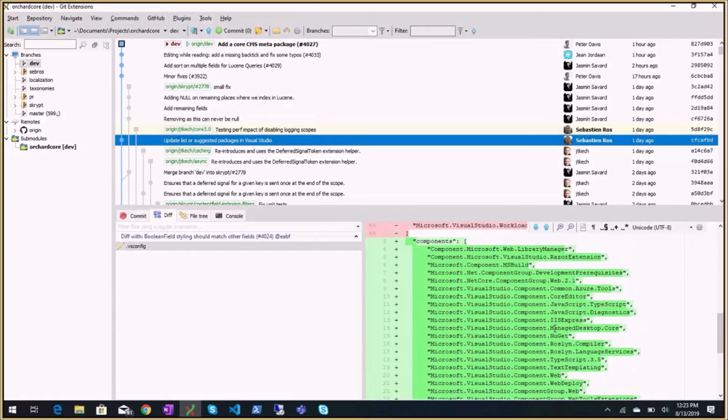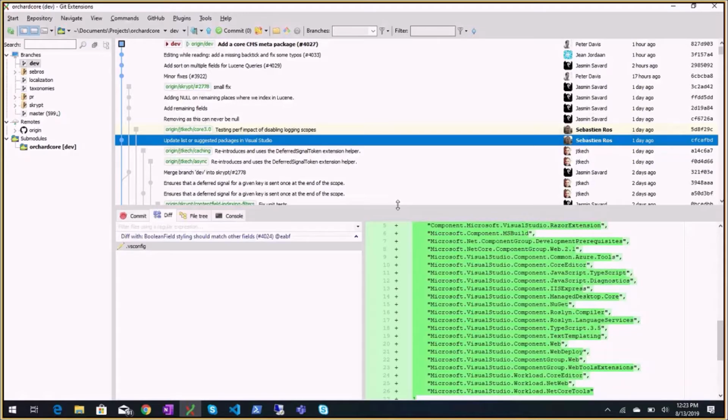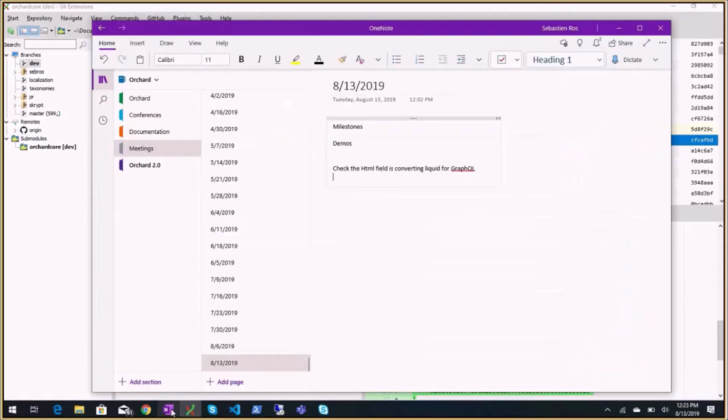And by the way, I found out that we can do the same thing with VS Code. So file issue to create, I think, a file for VS Code to install necessary components when using the source code.